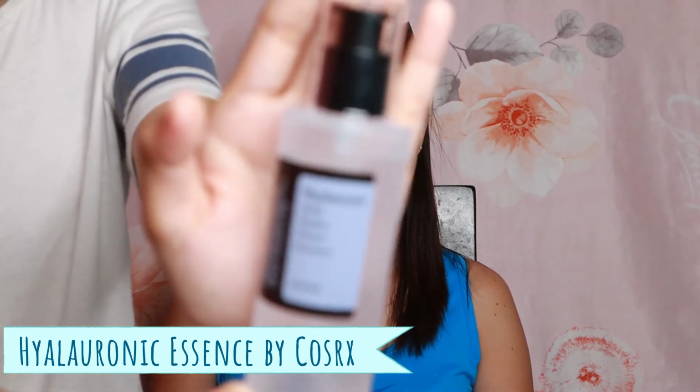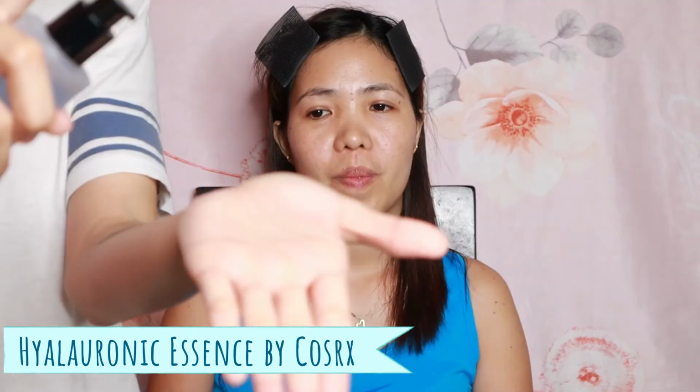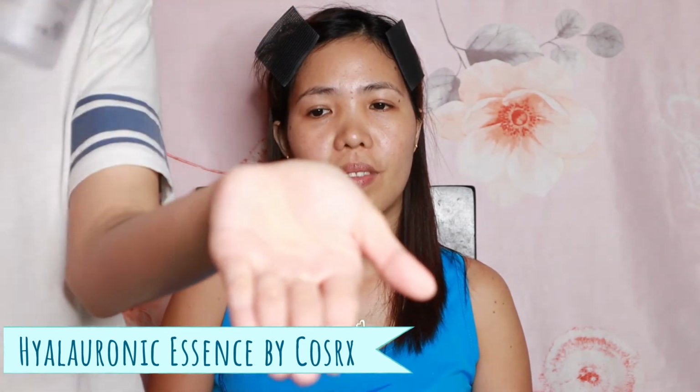Then the next step will actually help me achieve a plump and Korean glass skin effect look. So I will use hyaluronic essence from Cosrx to make her skin more supple and smooth. And what I do is I'm going to massage it gently all over her face and her neck in an